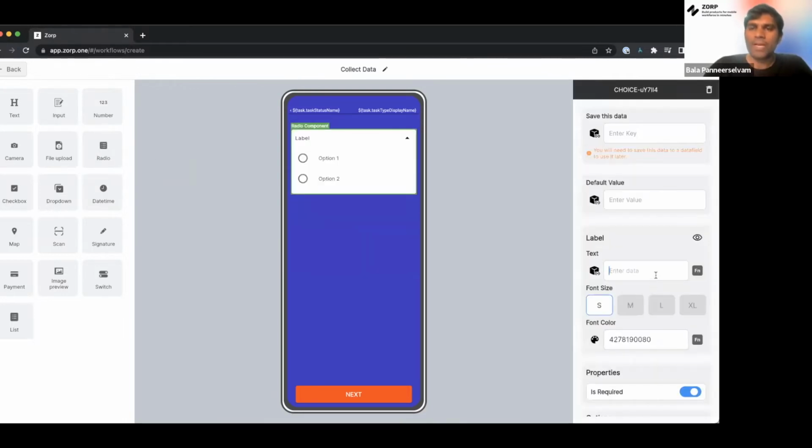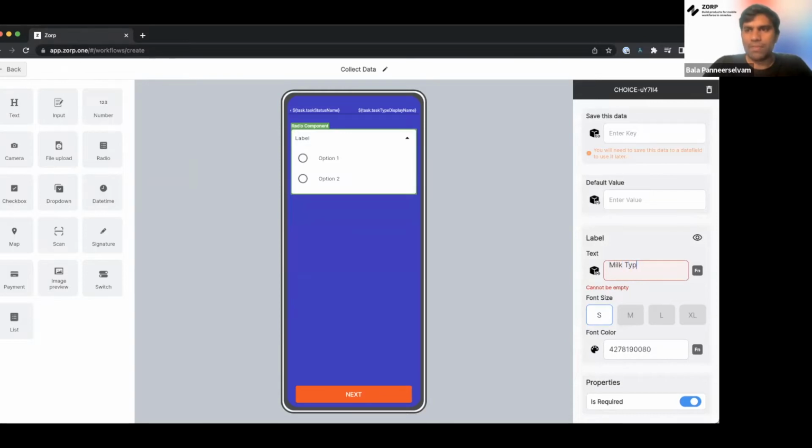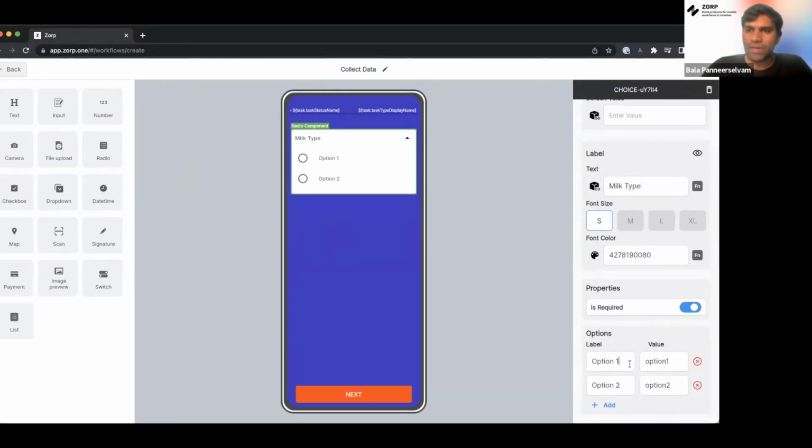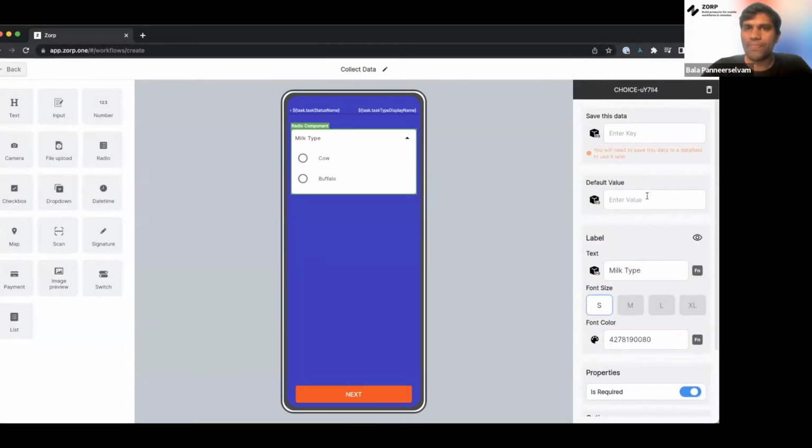I'm going to say milk type. I'm going to give him a couple of options, which is cow or buffalo. Okay. And yeah, so now the important thing is, just like how